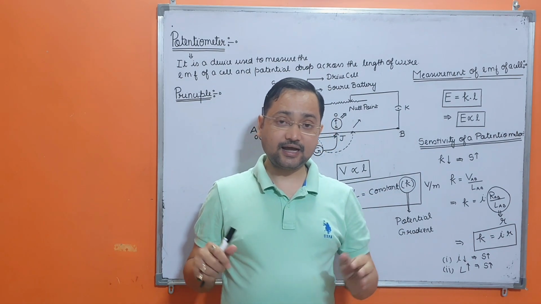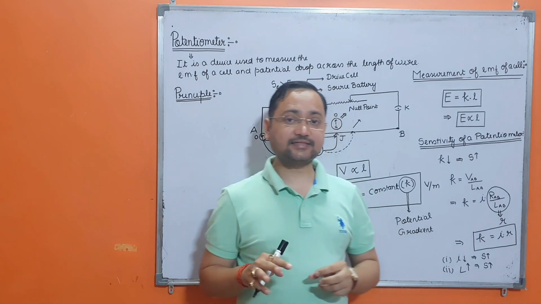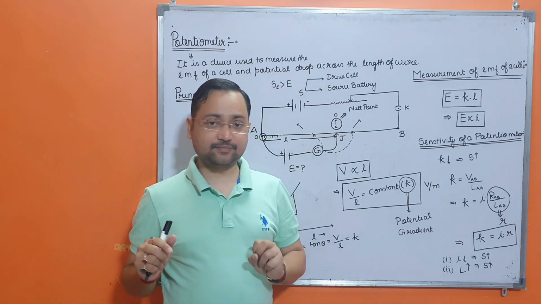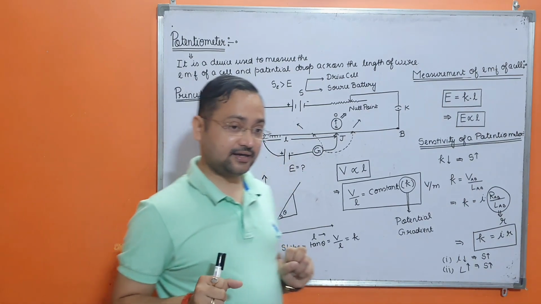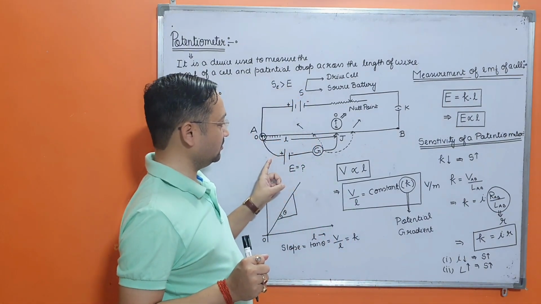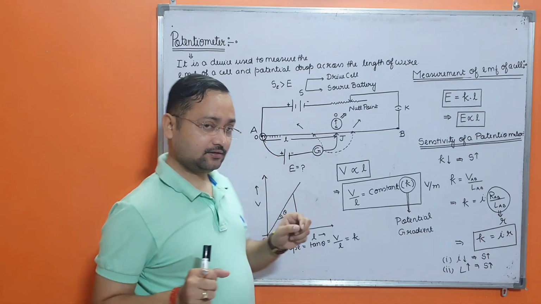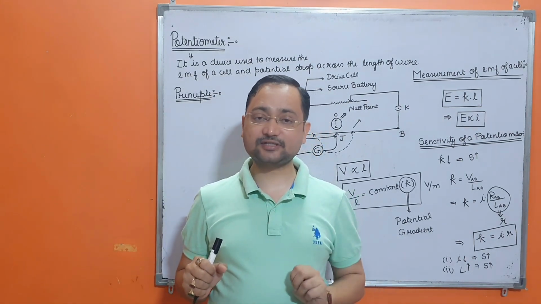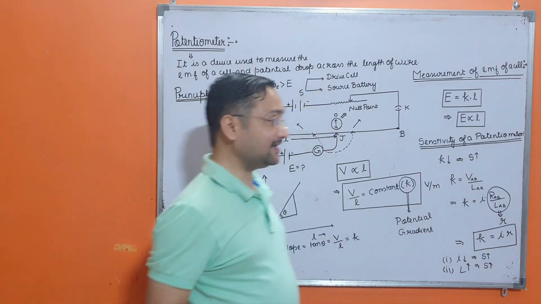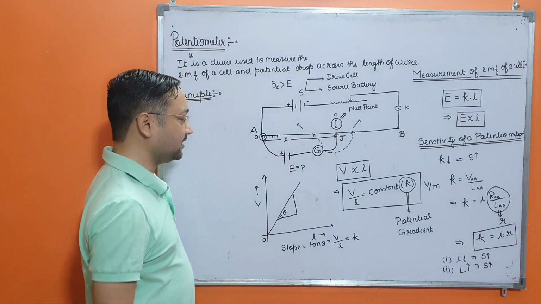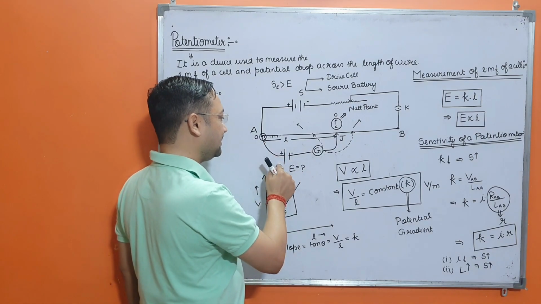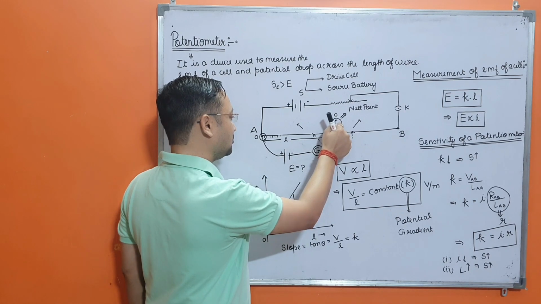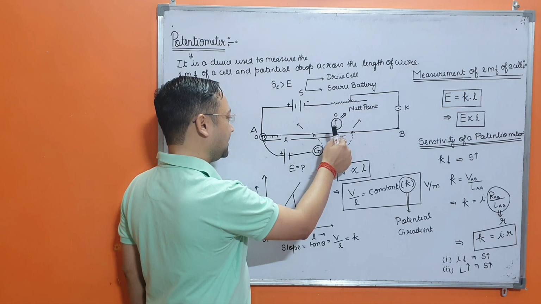Second thing is that no voltmeter exists which has infinite resistance. It means that if we measure the EMF of a cell using a voltmeter, some current is drawn by the voltmeter from the cell because its resistance is not infinite. But in the case of a potentiometer, when you are measuring the EMF of the cell, you get the EMF at the null point. You can also say that you are measuring the EMF of the cell using the potentiometer by the null method.